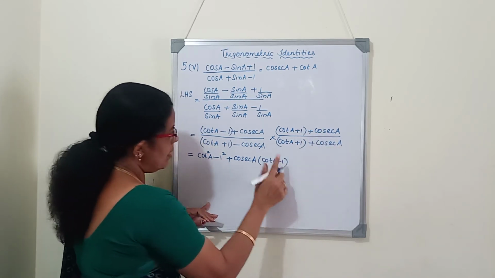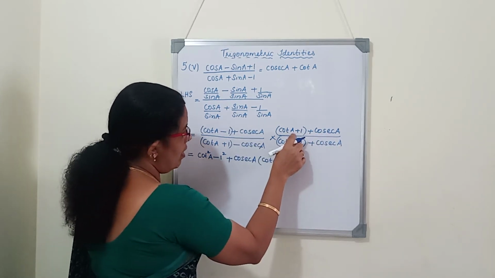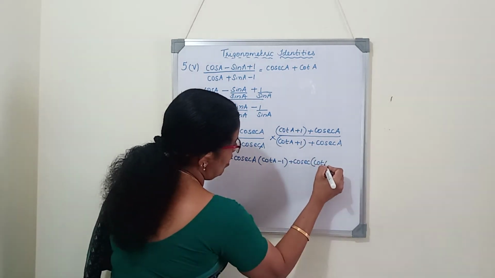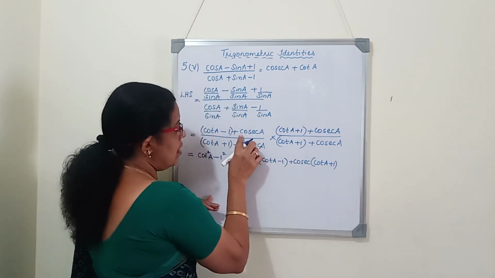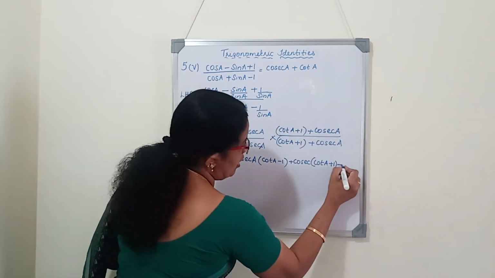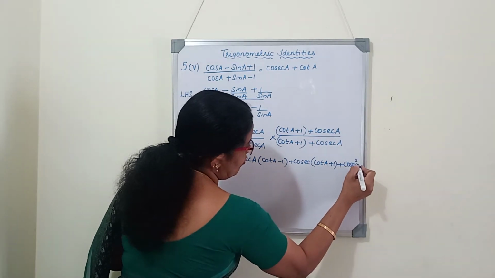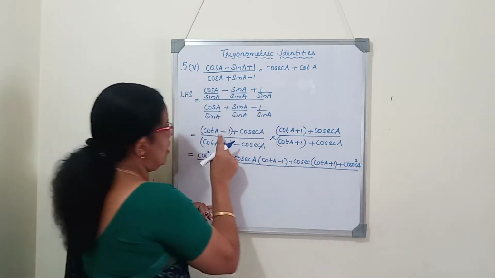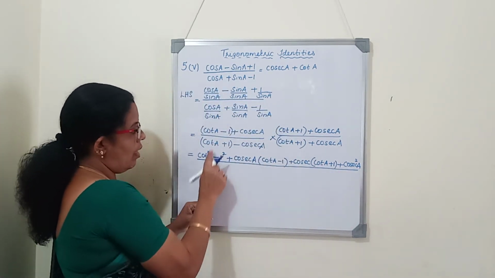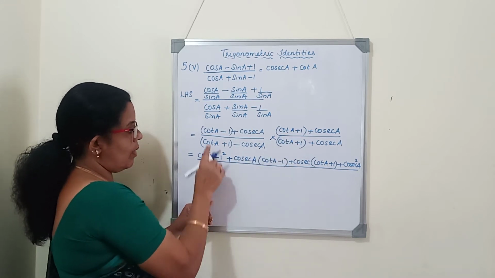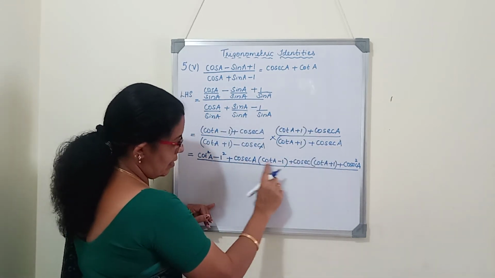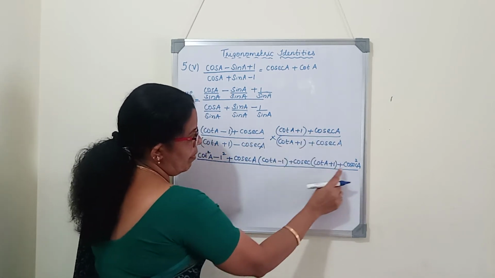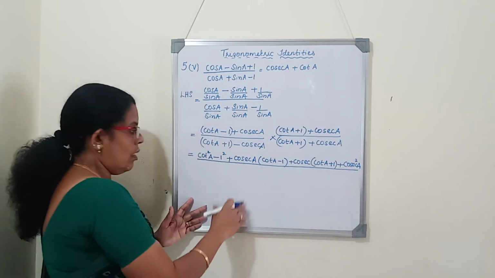I have written it as it is. Now the second term we multiply with the first term: cosec A into cot A plus 1. Last, second term into second term: cosec A into cosec A is cosec square A. So this is the numerator. We didn't completely expand it. We just multiplied first term into first term, A plus B into A minus B, A square minus B square. Again first term into last term, as it is. Second term into first term, as it is. Last term multiplied and written as cosec square A. So this is the numerator.